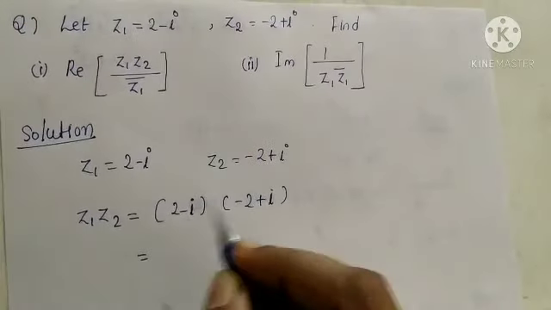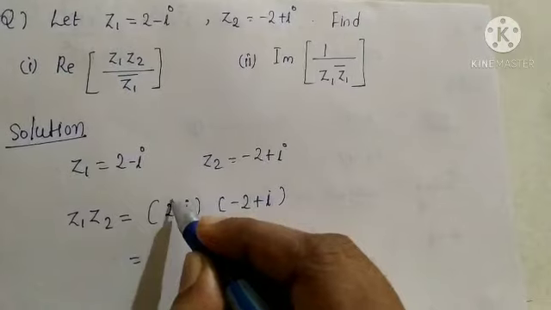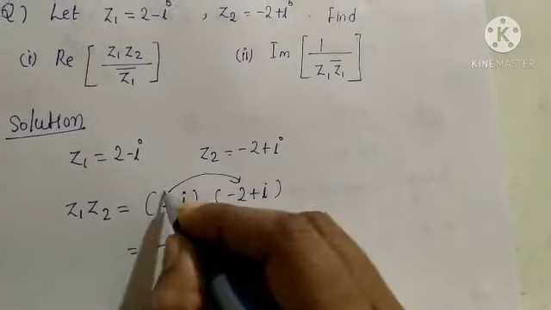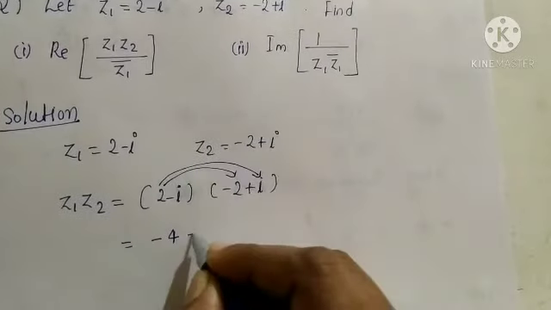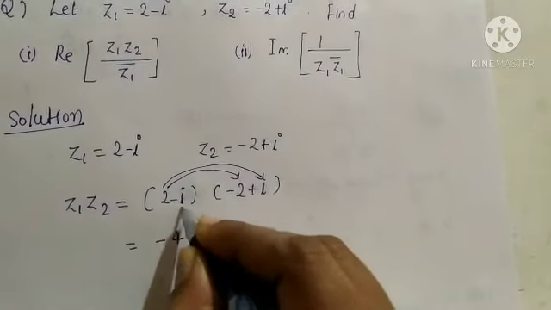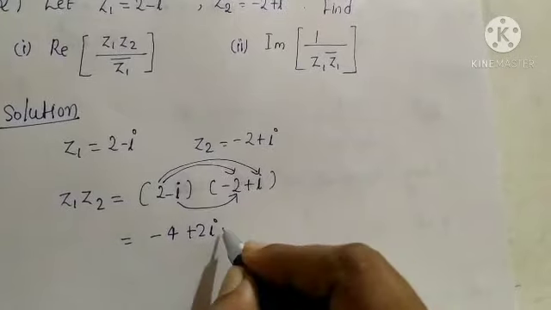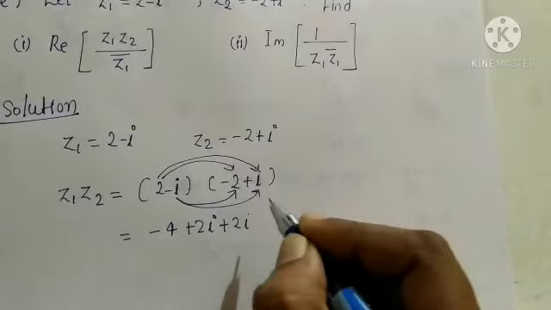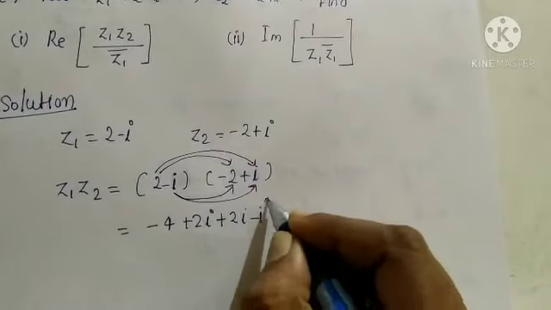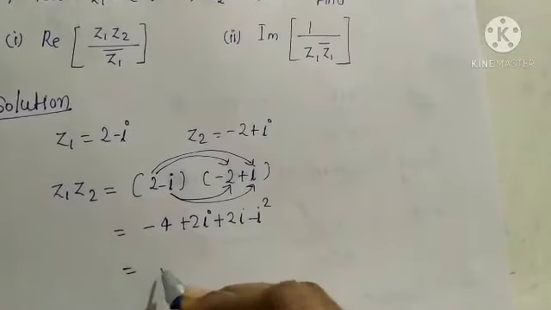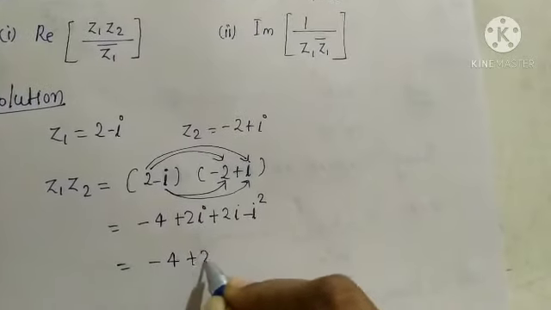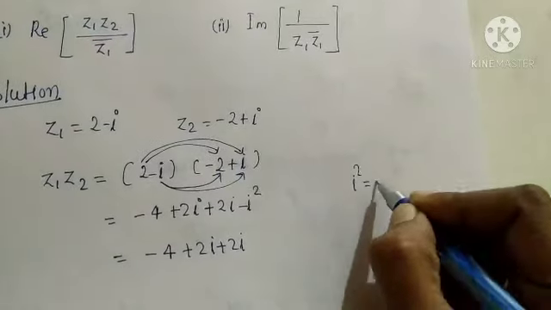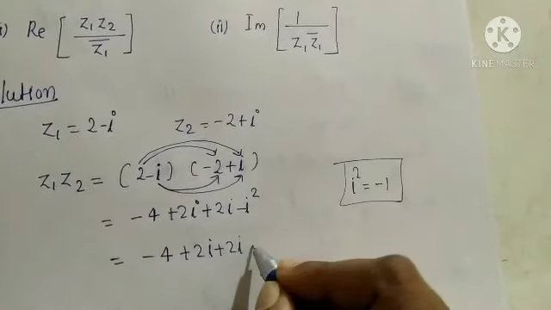So multiplying these two complex numbers, the answer will be 2 into minus 2 will become minus 4, 2 into plus i will become plus 2i, minus i into minus 2 becomes plus 2i, and minus i into plus i will become minus i square, and this will be equal to minus 4 plus 2i plus 2i, replacing this i square by minus 1,